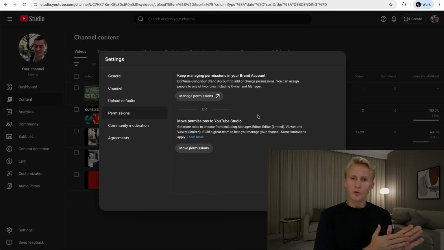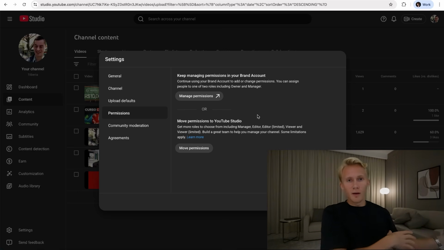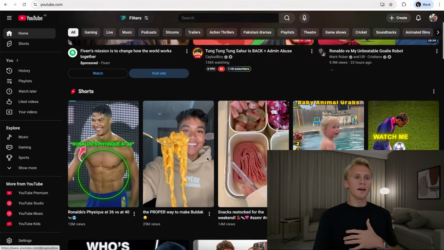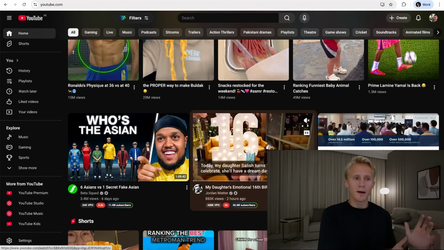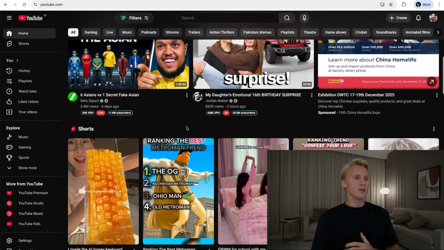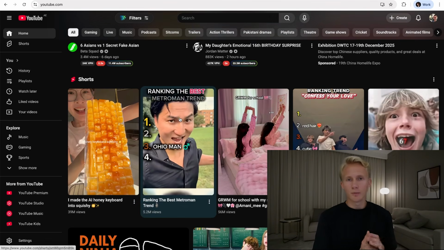And what you want to do here in order to reset your channel is basically transfer the ownership to a new Gmail that has a higher trust score. The reason why YouTube is shadow banning you in the first place is because they do not believe in you as a genuine YouTube user. So they think that you're a bot that has created your account to spam the platform, post a bunch of stuff that is made to scam people, or just flood the platform with a bunch of super low quality content. They don't want you to get any impressions for that reason.